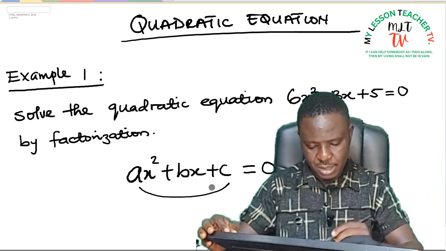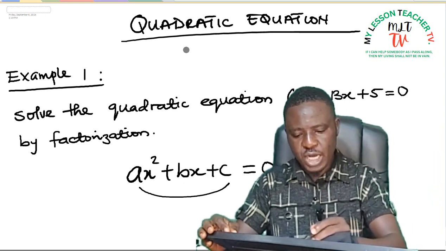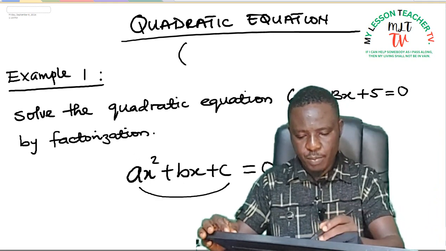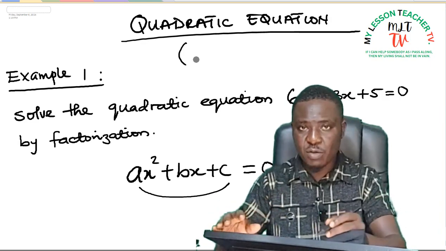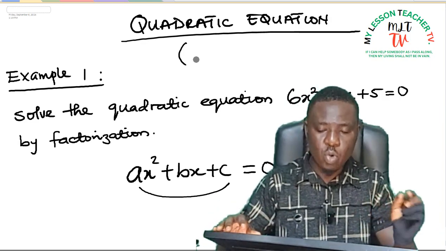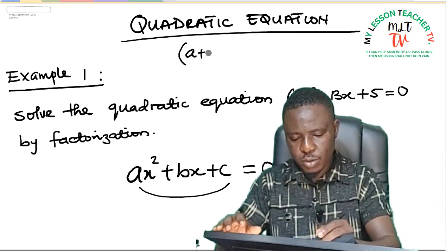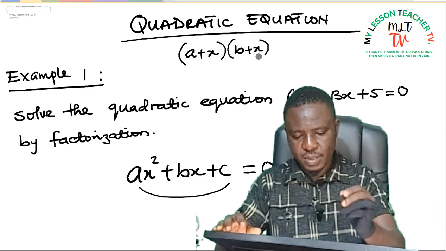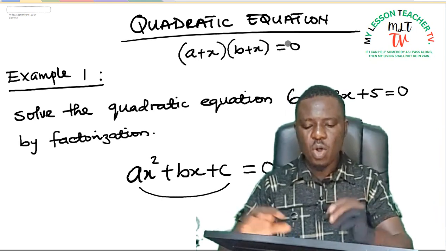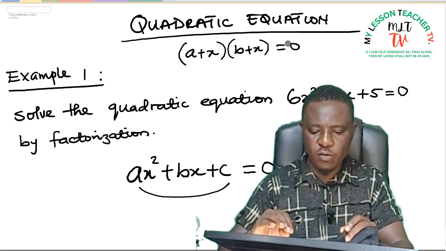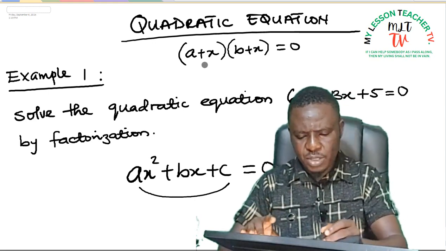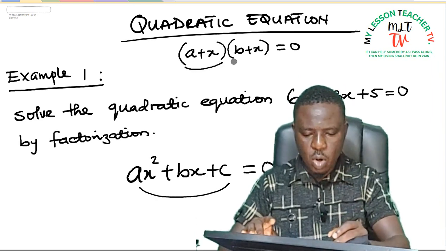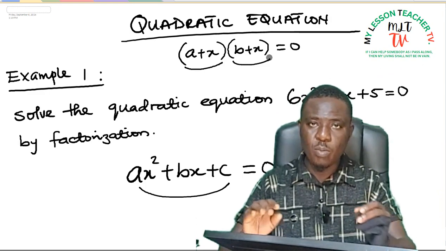Also, in this lecture, we shall be dealing with this. In algebra, when you have two brackets multiplying themselves or two terms multiplying themselves to be equal to 0, as in the case of a plus x multiplied by b plus x to be equal to 0, what this means is, for you to find the value of x, it is either a plus x is equal to 0 or b plus x is equal to 0, or both of them are equal